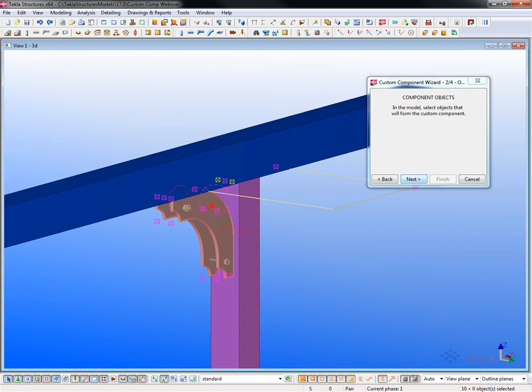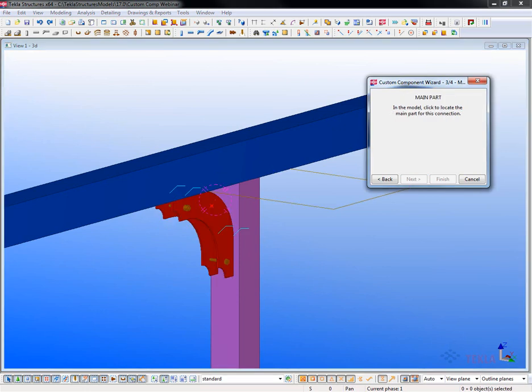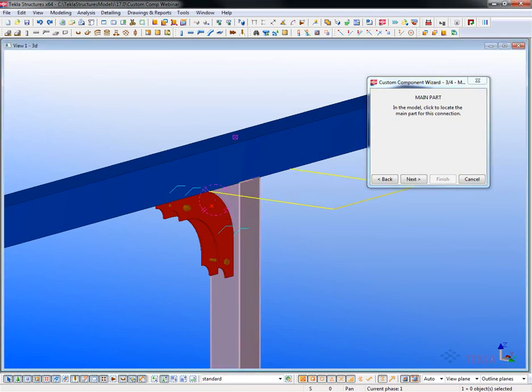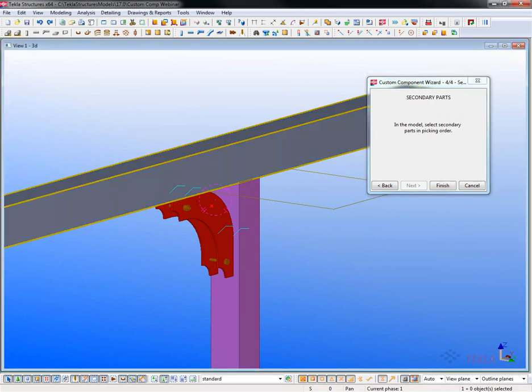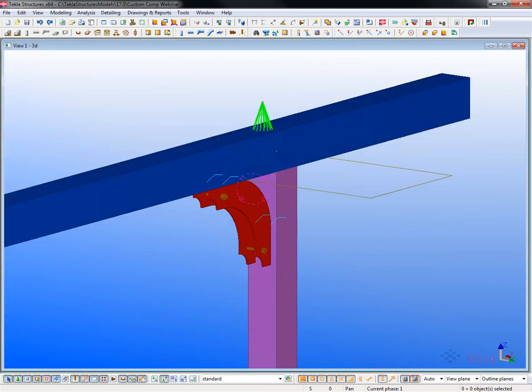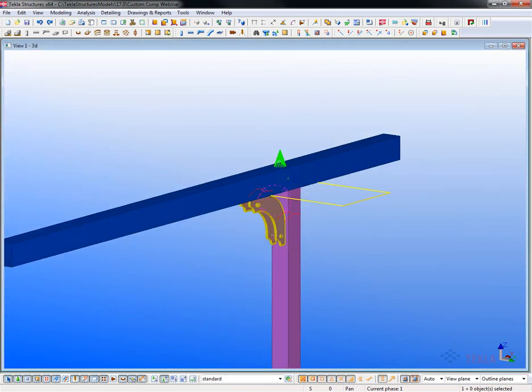Yep, so when I go ahead and click Next on this, it says now in the model, click to locate the main part for this connection. And just to keep it consistent with the system components, I'm going to select the column first as the main part, click Next, and then select the secondary parts in picking order. I only have one secondary part, so I'm going to select the horizontal beam and click Finish. Now what this does is it creates a